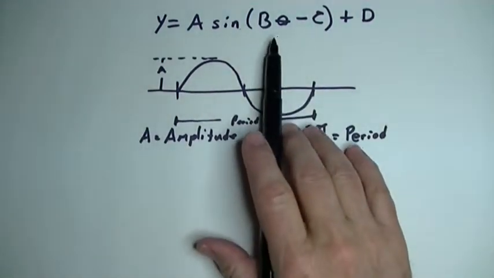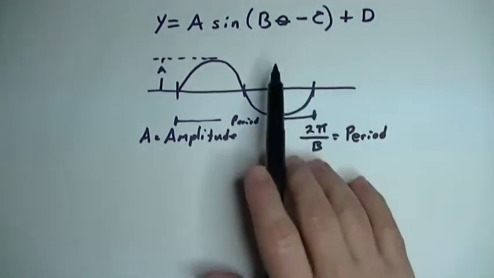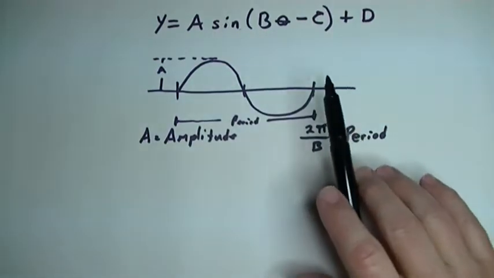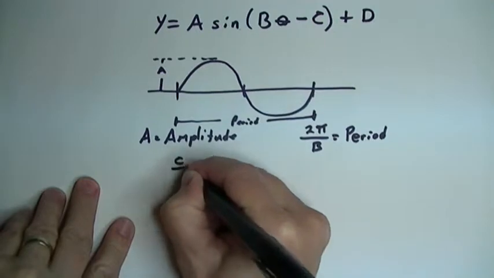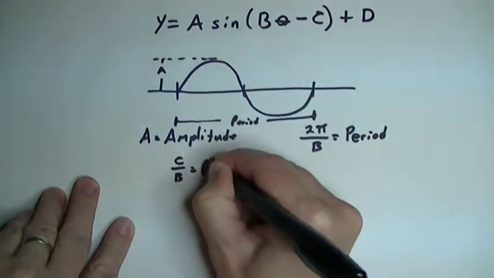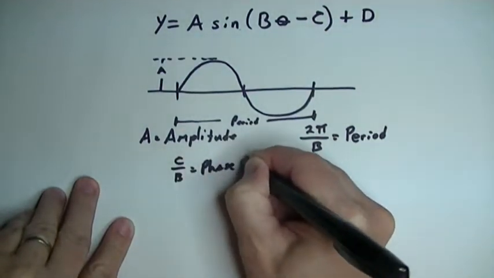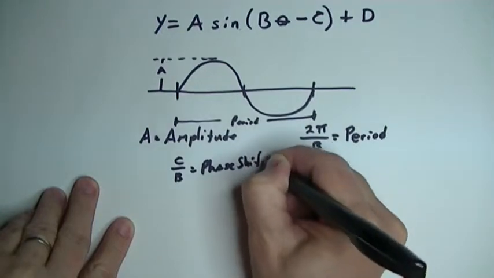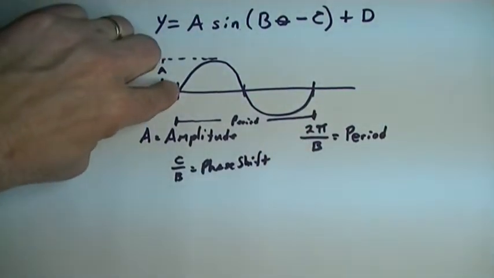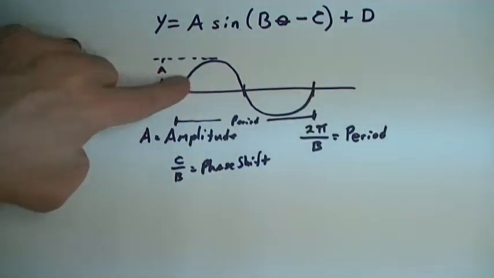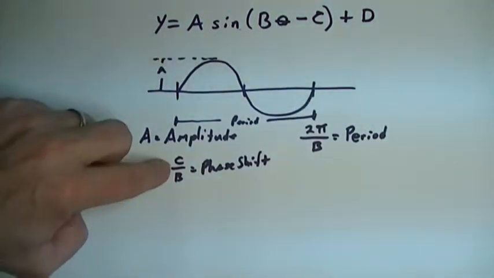The better way to look at this is your phase shift is going to be c divided by b. So how much this point here, where you start, moves left or right of the y-axis,